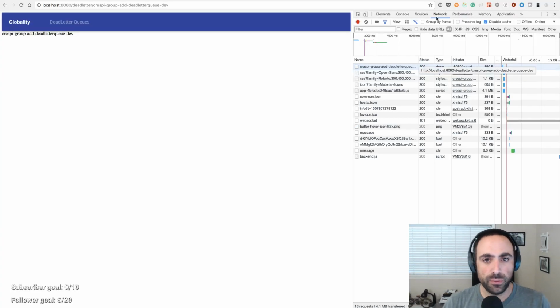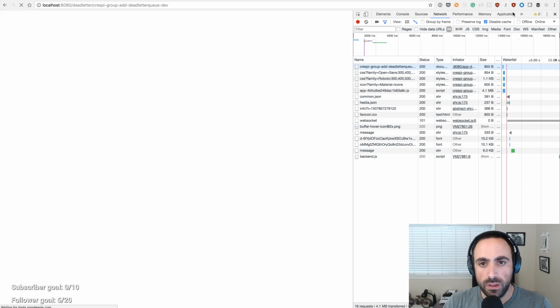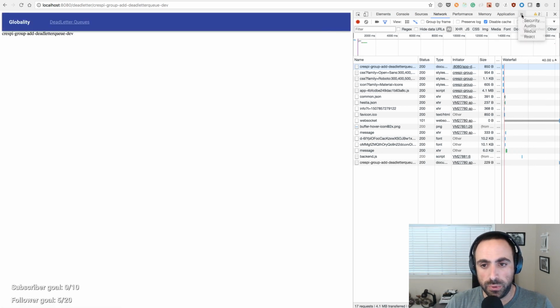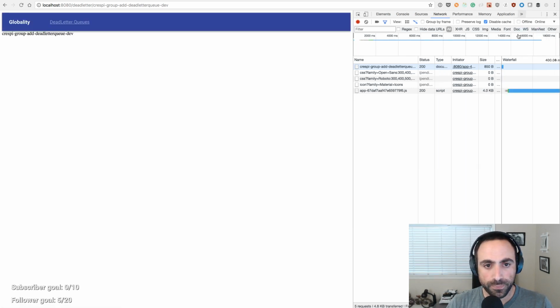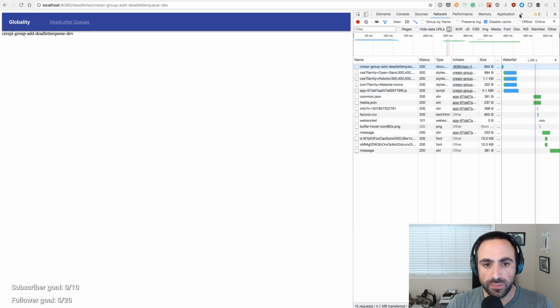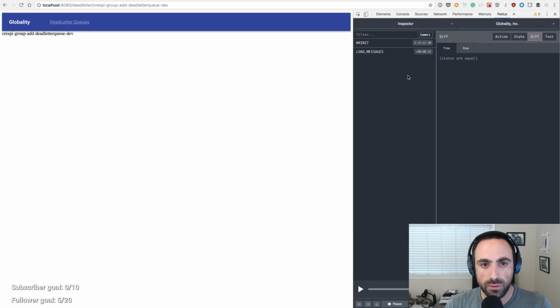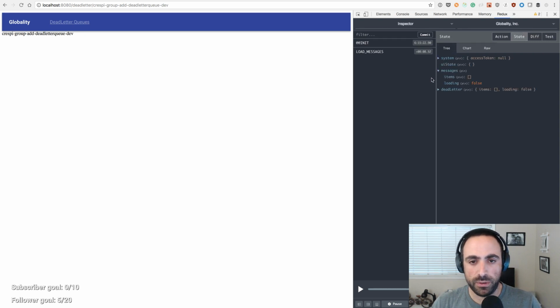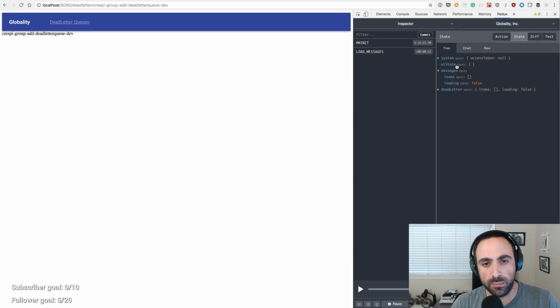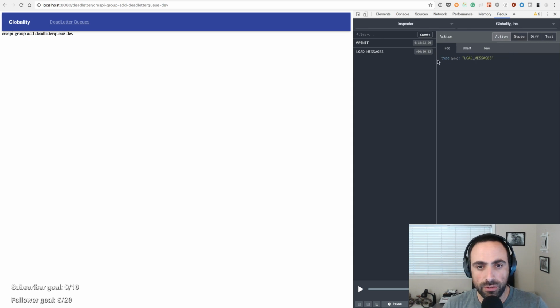So now this is supposed to be connected to the state. So if we go and we look at Redux, once this loads, let's look at Redux. I don't know why this is so slow. Should be instantaneous. So we have messages, and inside of this we have items. Okay, so let's look at the actions. The action is